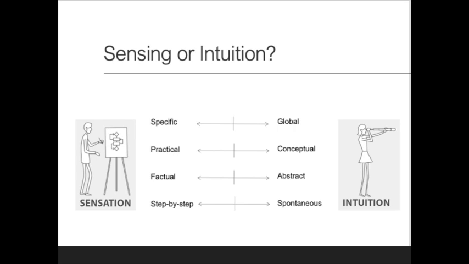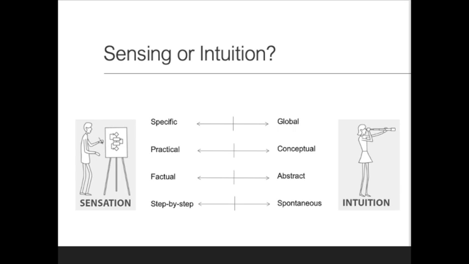People with a preference for sensation tend to gravitate towards information that exists in the here and now, the information that they can experience using their five senses. So typically, they are more attuned to information that is practical, factual, specific and logical, maybe following things through step